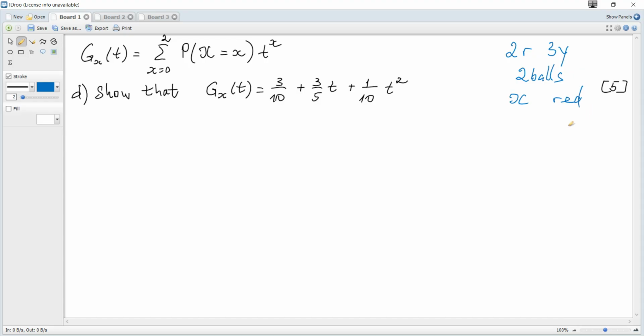The probability distribution of x can be represented by the polynomial function gx, where gx of t is equal to this. Question D, show that gx of t is equal to this, making it clear how the coefficients of gx of t have been determined. Let's make a probability distribution